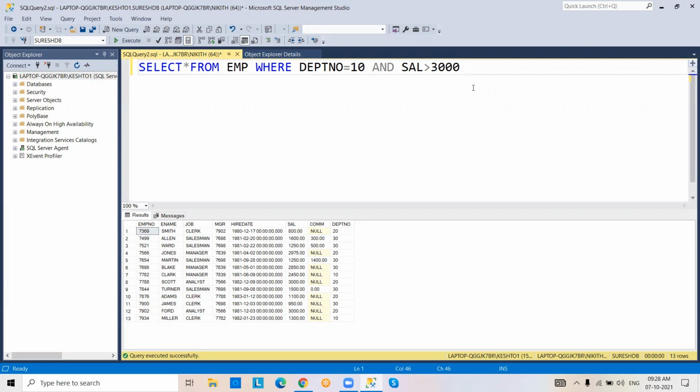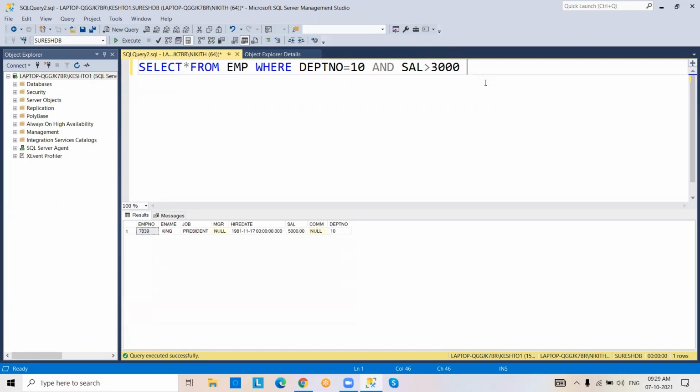Okay, na? Different conditions I'm using with AND operator. So AND operator means every condition must be satisfied. See that? Satisfied or not? Every condition satisfied. That is AND operator.